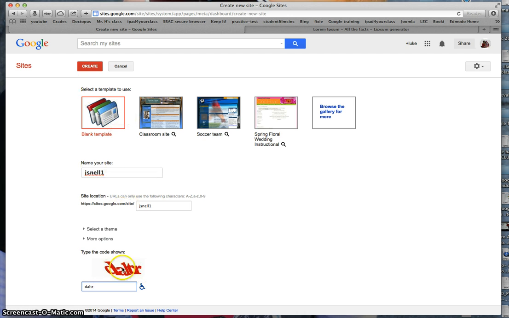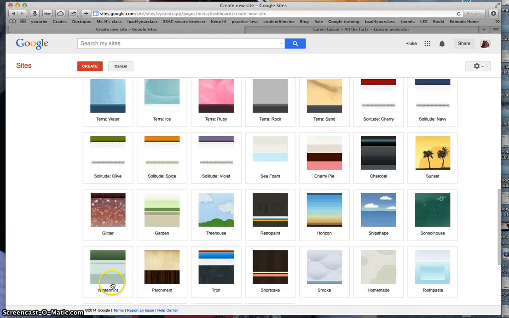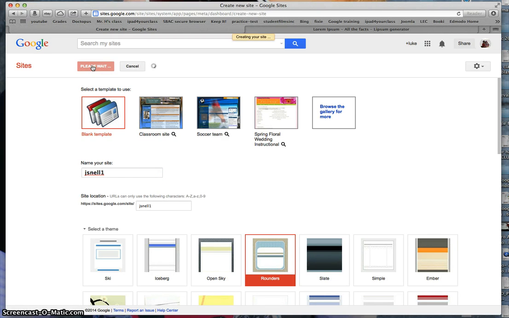But I'm going to go with a blank template. I'm going to make this template the Rounders theme for aesthetics. Again, I've named it. I've entered the code down here. Again, you probably will not have to do the code piece, but I'm going to go ahead and create the